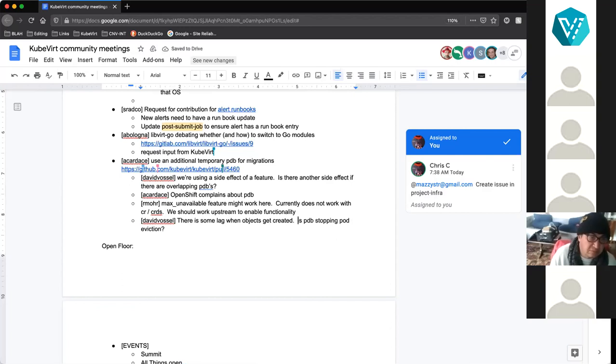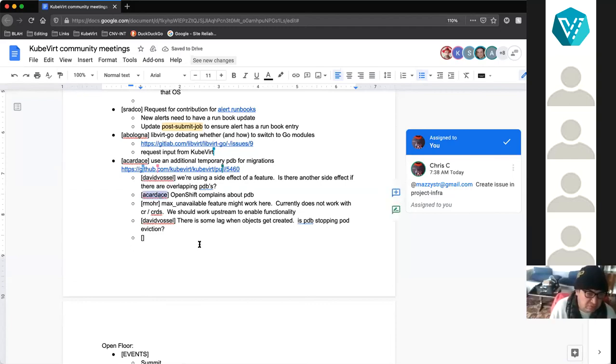But if that can happen, I am not aware of any method to check with the PDB controller inside Kubernetes that it has acknowledged the creation of the PDB and ensures the pods are protected. If there is this problem, I think everyone is suffering from it, but I wouldn't know how to check that the protection has started.